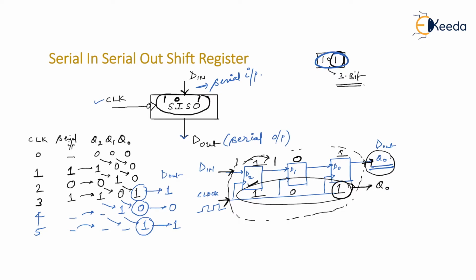As you can see, what I did is I tried to store 3-bit inside the shift register, and after that I tried to retrieve the same data back. What you have to do is only count the number of clock pulses needed to achieve this task. The number is in front of you. It is clearly seen that 5 clock pulses were needed to store the data as well as retrieve it back. I hope you understood that. So from this I can say that 5 clock pulses were needed.